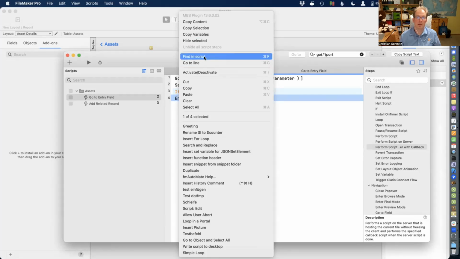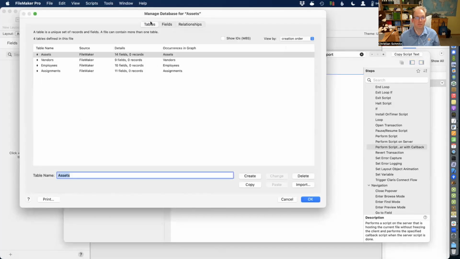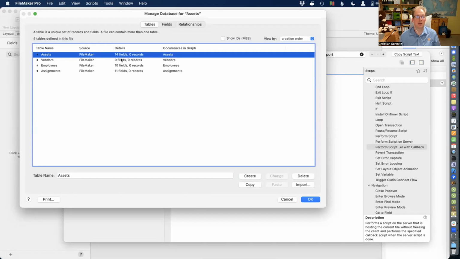Here, find in script. The context menu is a way for me to tell you the shortcuts, so you remember them. So here, find here goes to the find field, go to goes to the go to field. Let me show you how much you have selected. And here we have all these context commands, which I think are a different point on the list. Those are like the pre-saved script steps, right? Yeah. So again here, context menu,